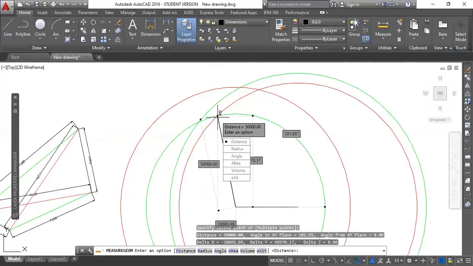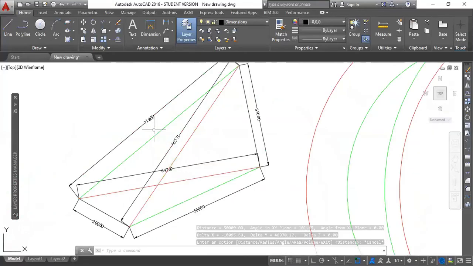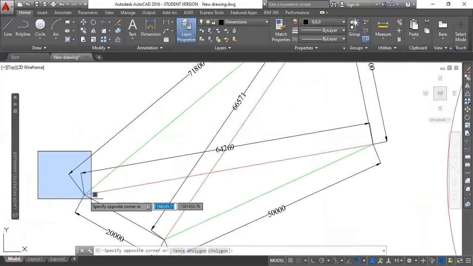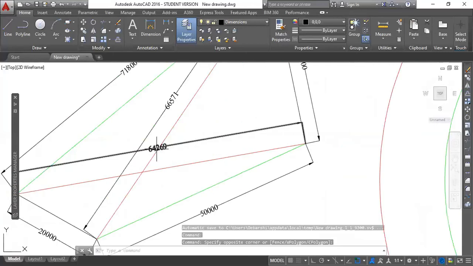See, right. In the same way, doing the other side, this particular point is the intersection of 71.8 meter and 64.269 meter.